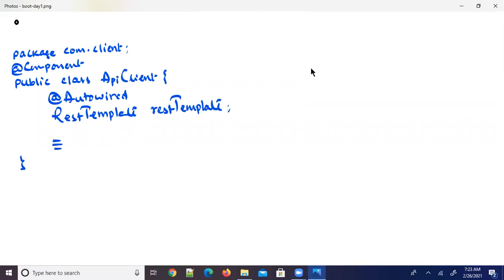Some code goes on. See, here my class API client actually now depends on this REST template.